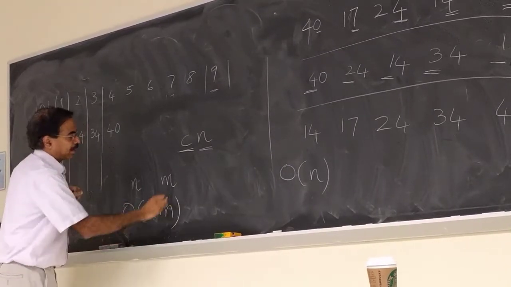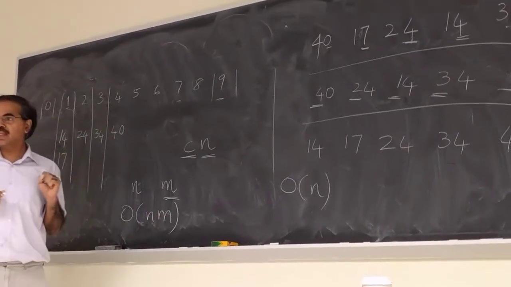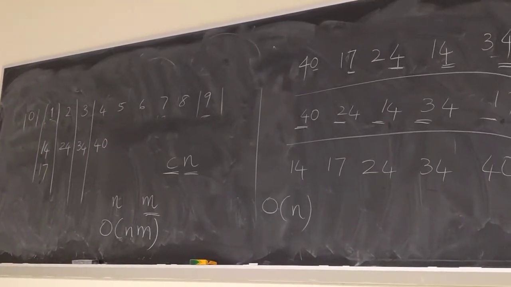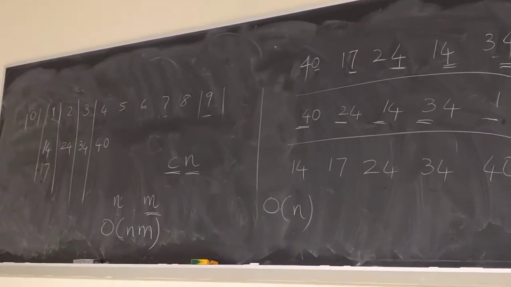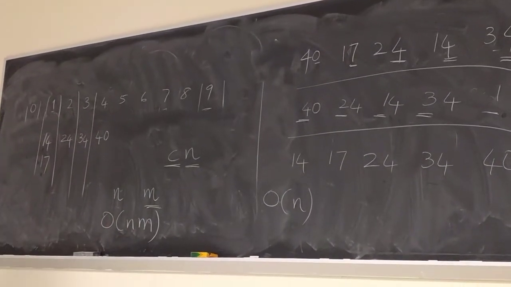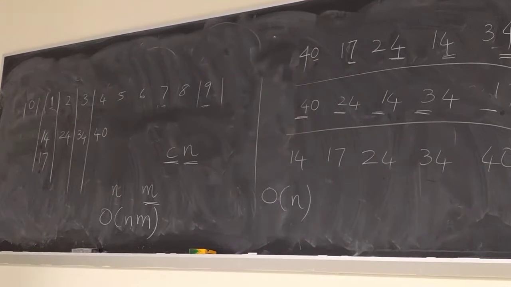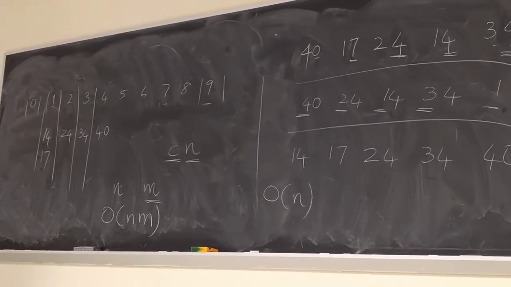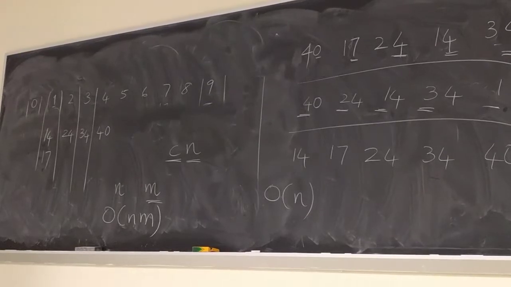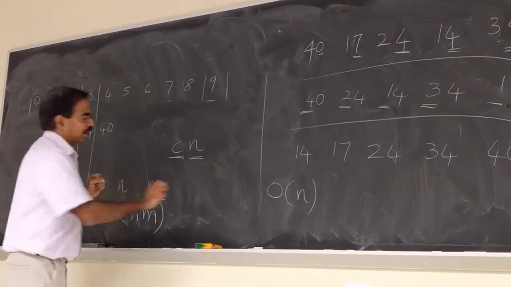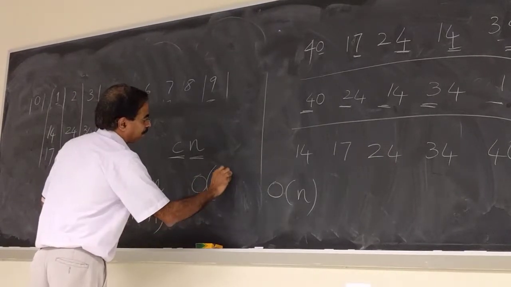O of nm, right? Because there are m digits, so you have to do this m times, and each round takes O of n time. So a simple application of this to sort strings will take order of nm, which is basically a quadratic type of bound, right? But in fact, you can get an algorithm which is order of